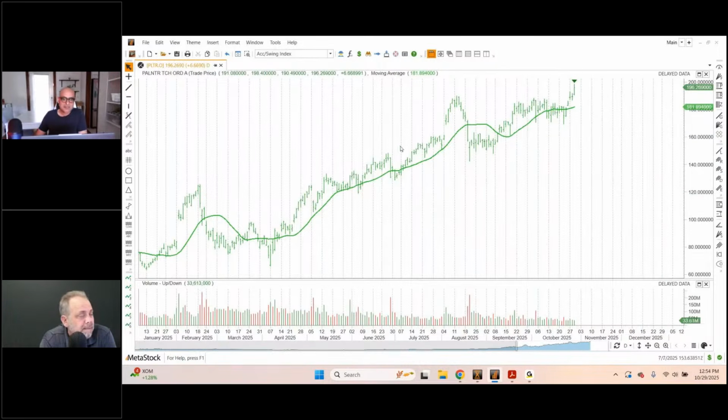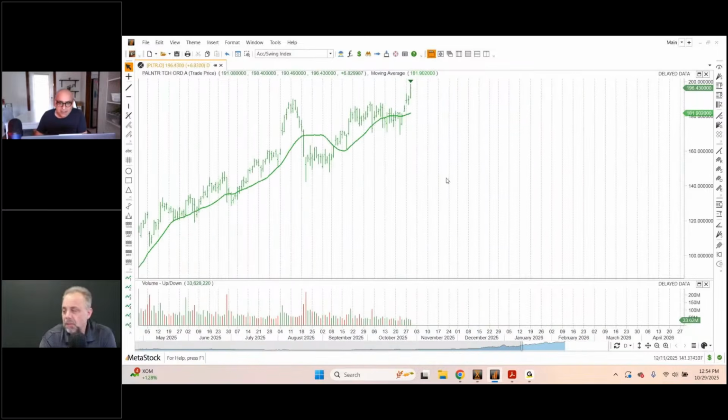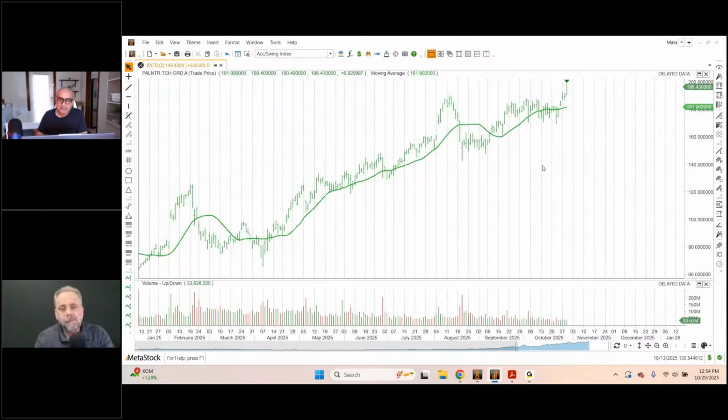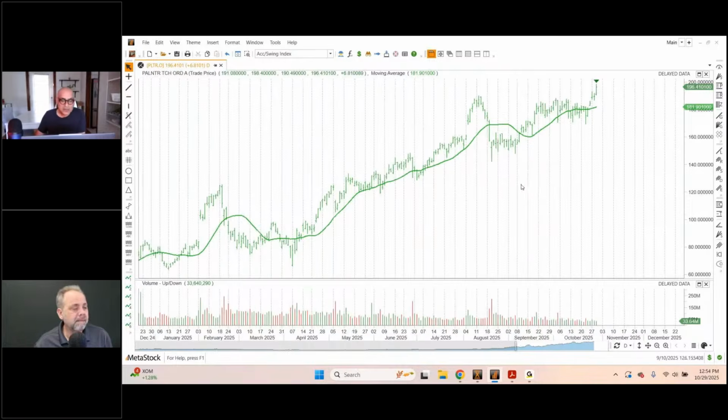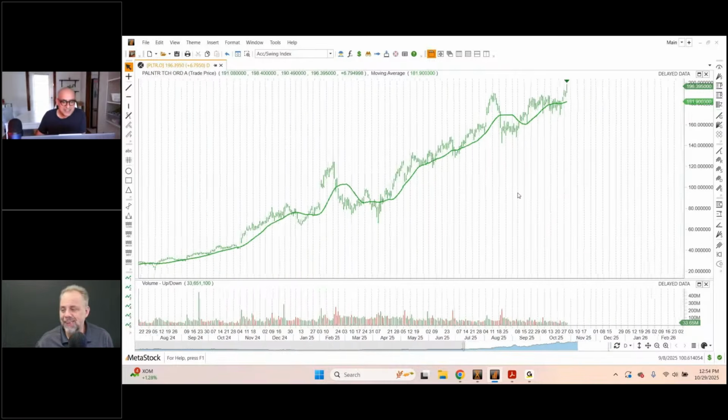People were saying this is a bubble here at 140 and then here at 185. So yes, you get selling, that happens, but then you get right back in and you're making money on this trade on to the upside here. Now, this is where I would maybe combine the day trader and the swing trader systems, because you don't have an entry on Palantir. The last entry on Palantir